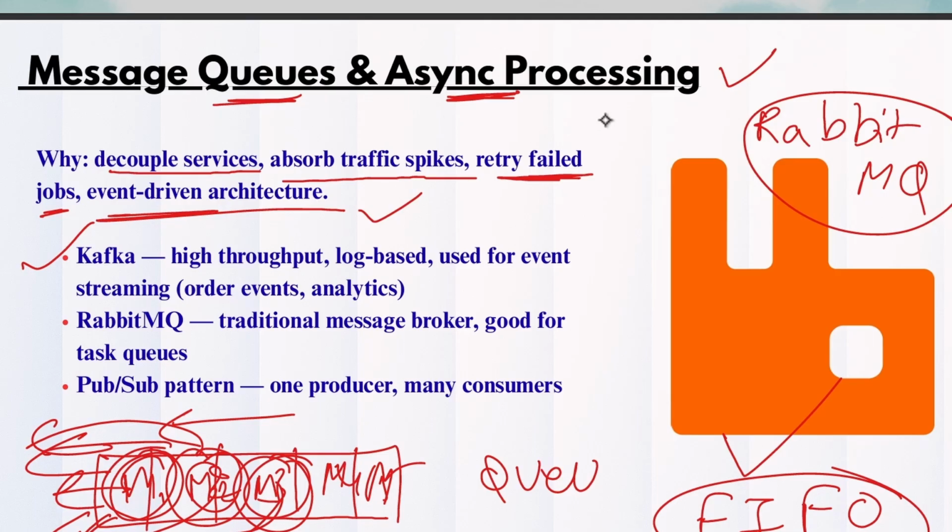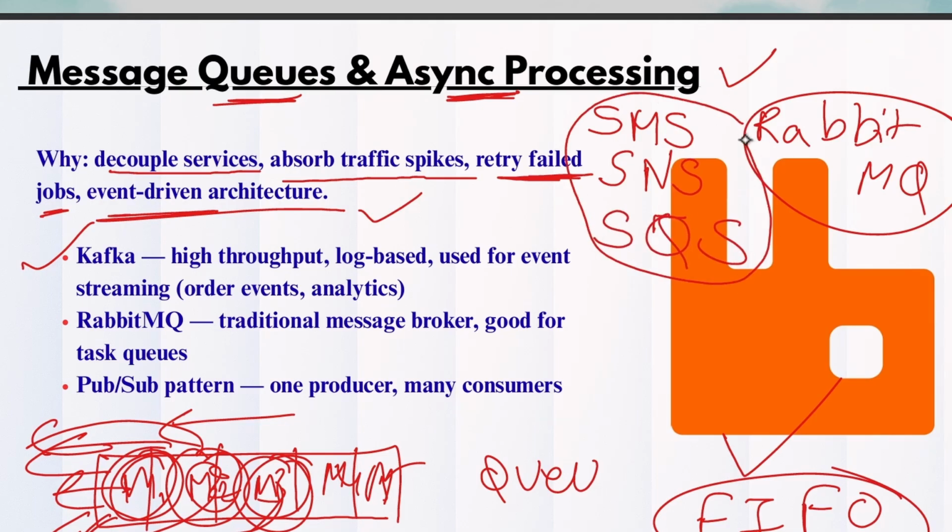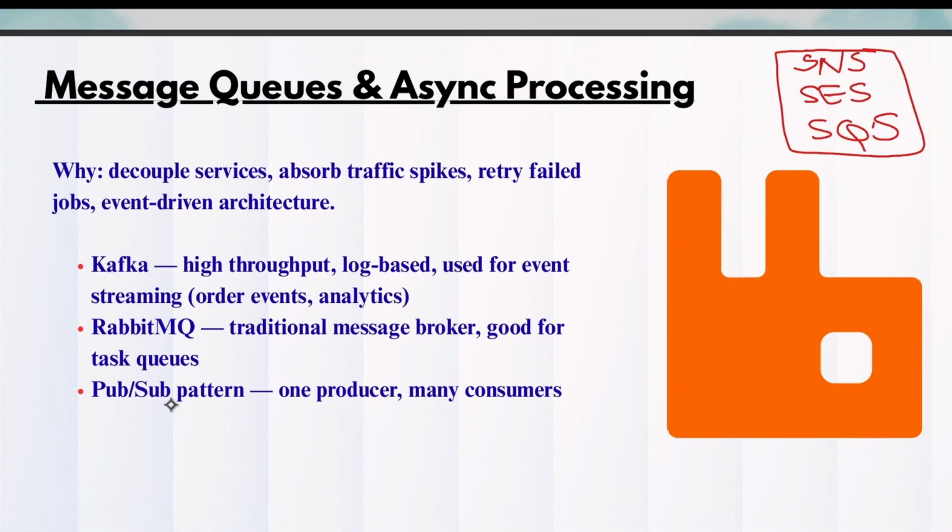So we also saw Simple Mail Service, Simple Notification Service, and Simple Email Service. We have clearly understood these three services in detail, that is SNS, SES, SQS. The messaging queue part and async processing part comes under SQS, that is Simple Queue Service. So we have understood what a queue is, and one of the important platforms that we can use